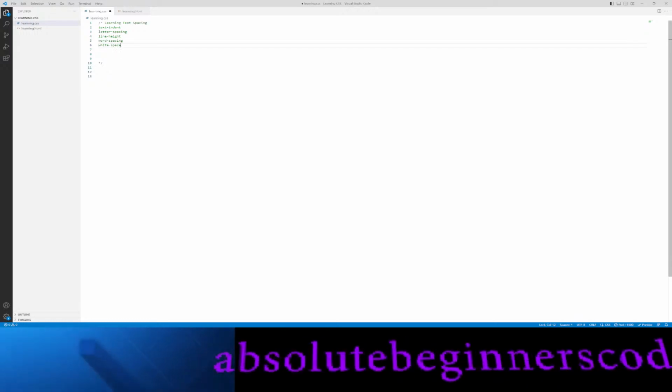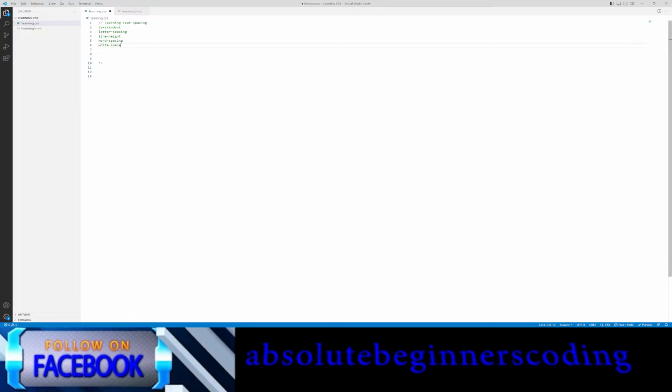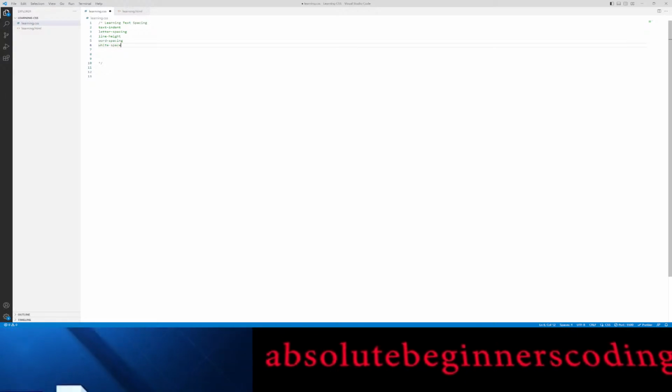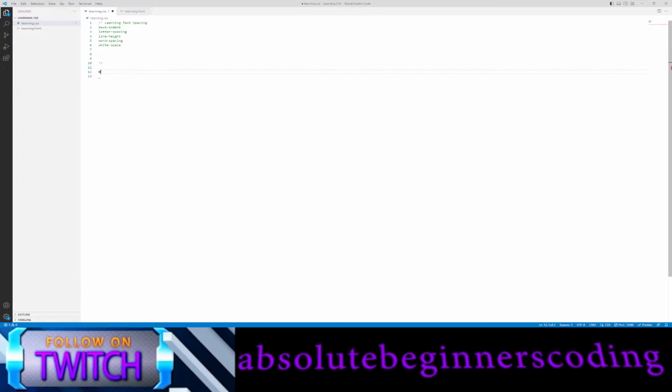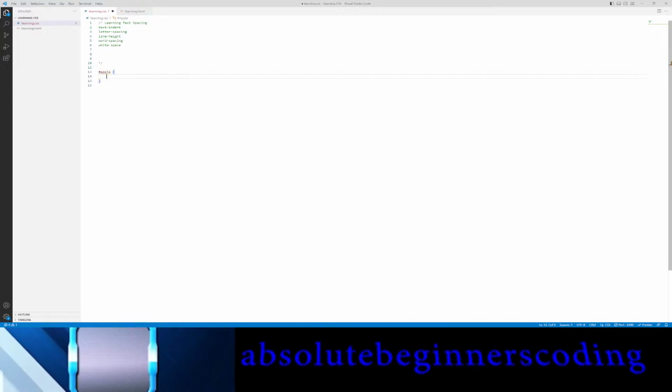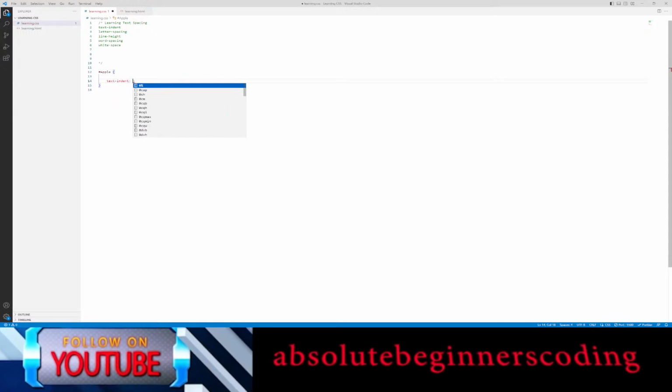Okay, so these are the text spacing properties available in CSS that we are working on in VS Code right now. Let's see them one by one. First, I'm going to use text indent. I'm going to use my first paragraph, which is Apple with the ID. I'm going to type text indent and give it 50